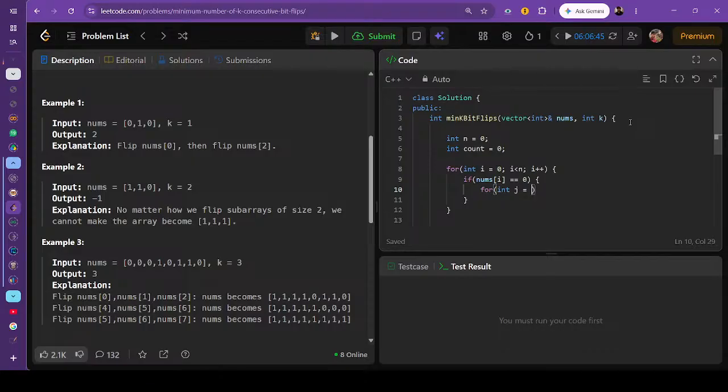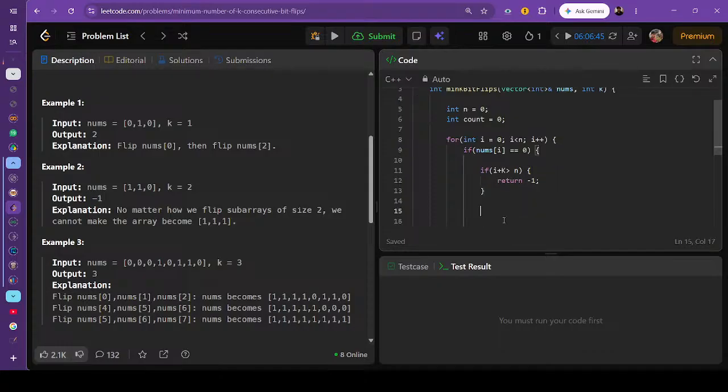Okay, one more thing. If i plus k is greater than n, then in that case I cannot perform the flip operation, so I have to return -1 in that case. This is one case. Else, what I will do is